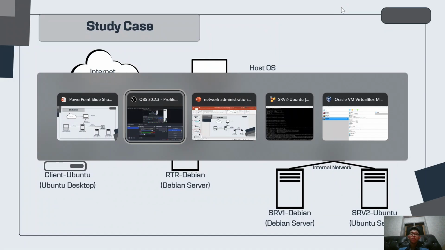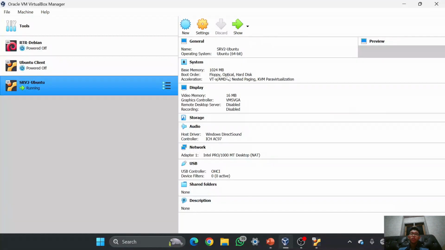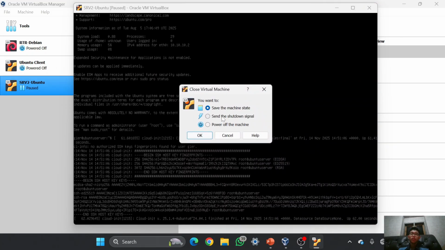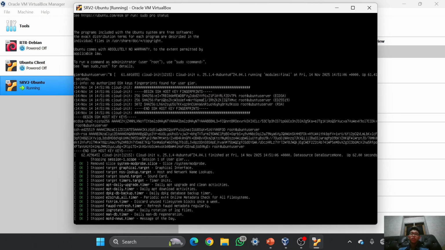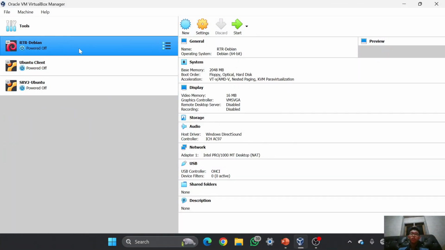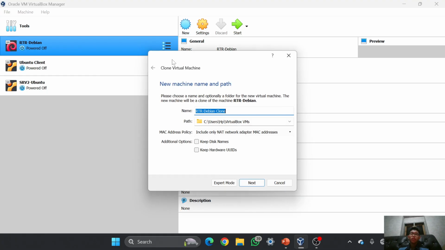So there is a clone feature, and you can use it to clone a VM, so it will not take so much time. But first I will shut down this Ubuntu server, then OK, and I will choose the router Debian. I will right click, and then I will clone it.